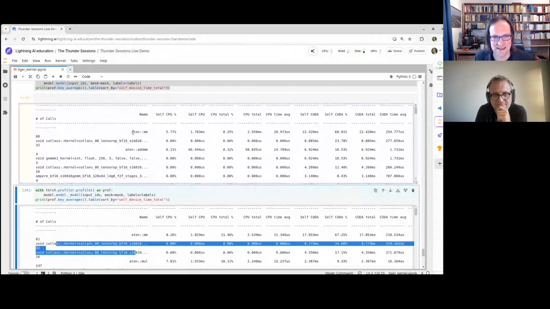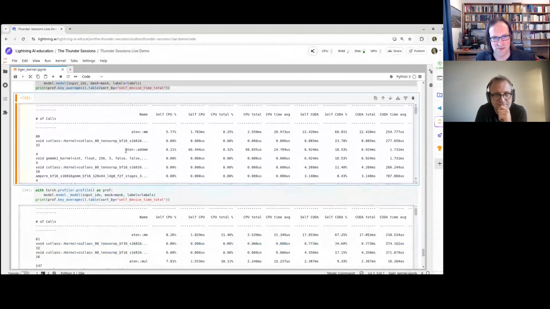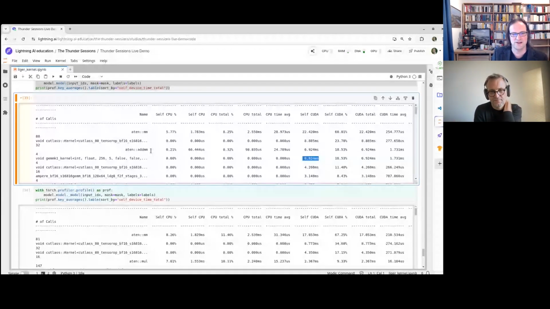While we have, in addition to the MM that is slow, we also have an addmm that has like 6 milliseconds self CUDA in addition. And then there also is 6 milliseconds for the GEMM kernel. So we will need to figure out where these come from and why they're taking that much more time in the execution than the matmuls in the original model.